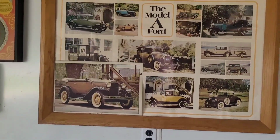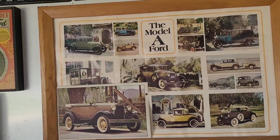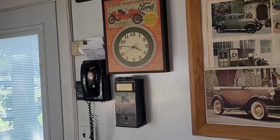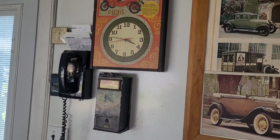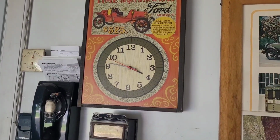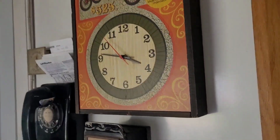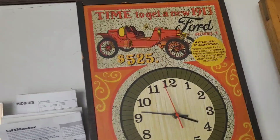Is this the year of your Model A? 31, yeah. Let's go over to the 1913 Model T clock. Is that original, you think? I don't know. It's a reproduction. $525. It's running. 20 horsepower, 4-cylinder. It certainly doesn't look new, but I doubt if it's from 1913. I don't know when it was, but...